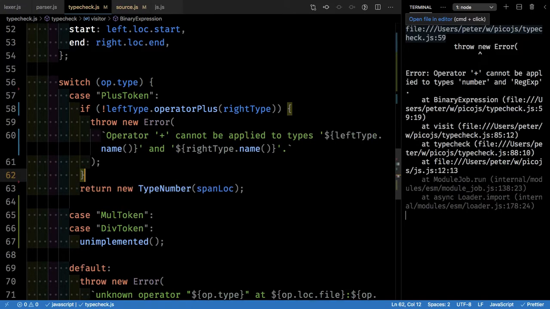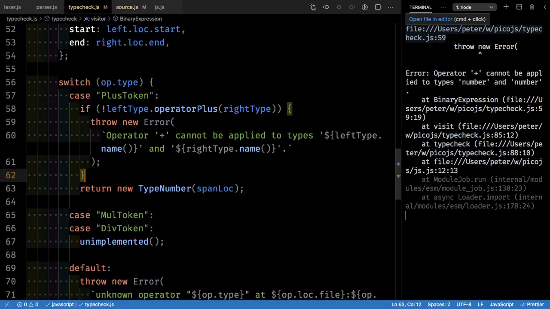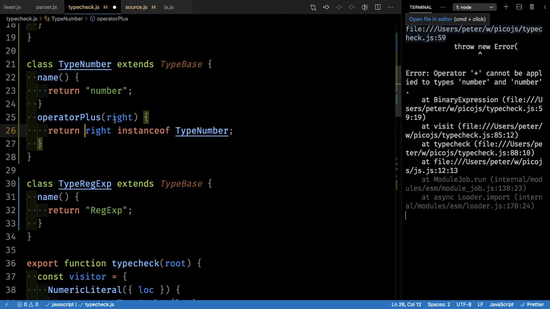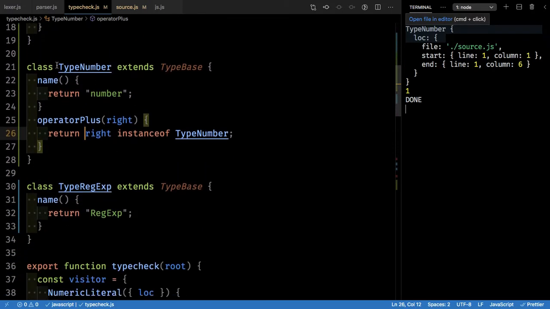Plus cannot be applied to types number and regular expression. So sweet when you check up how it's done properly. Plus cannot be applied to type number and number. Damn, why not? Okay, right, instance of, because I don't return it. Yeah, I coded a little bit of Rust and got used to this Ruby style returning the last expression value. Then it's working. And you can see that we now have a more abstract